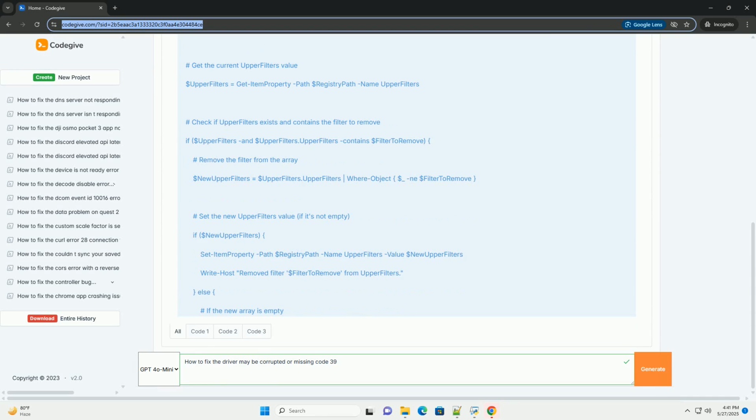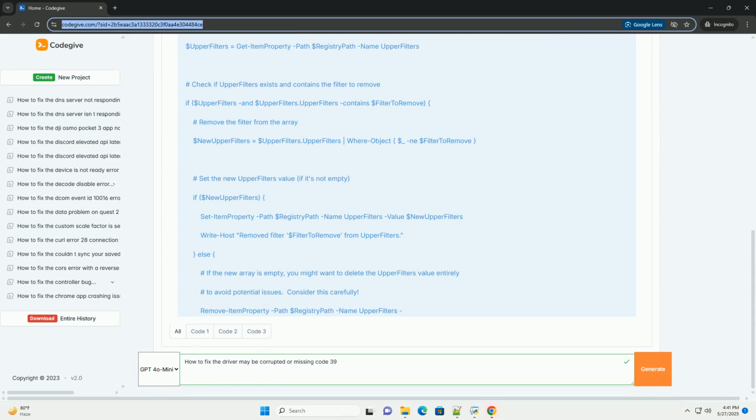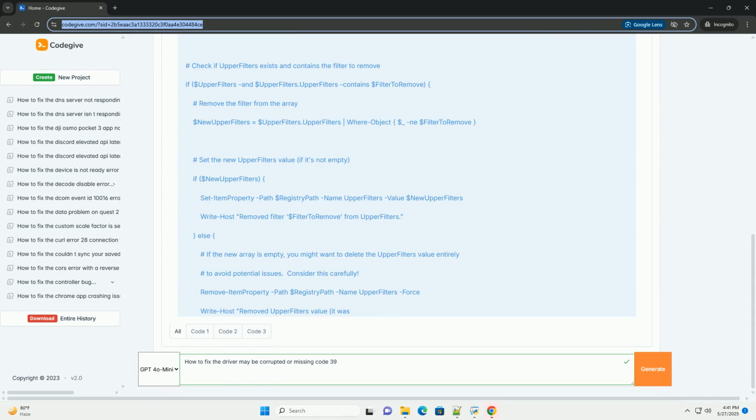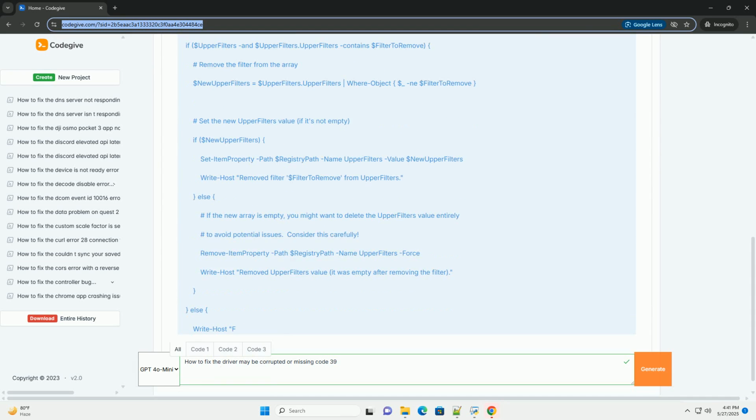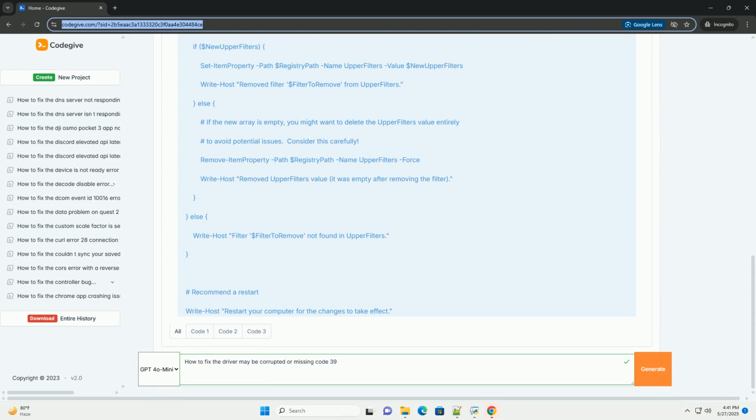Understanding the error, Code 39. When you see Code 39 in Device Manager, it means there's a problem: Windows can't load the driver for the hardware device. The cause can stem from several reasons, including: